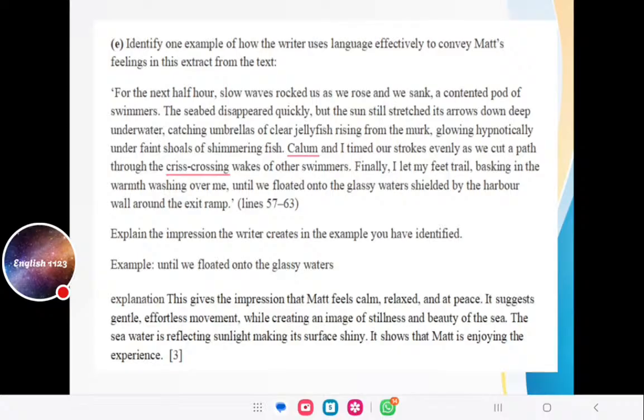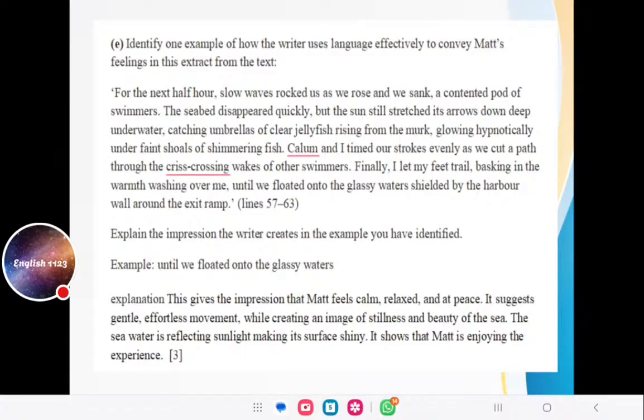Floating is a kind of movement when you don't move your hands or your body, you are just lying there and moving yourself. You are not making an effort. So because of the word float, it suggests gentle, effortless movement while creating an image of stillness and